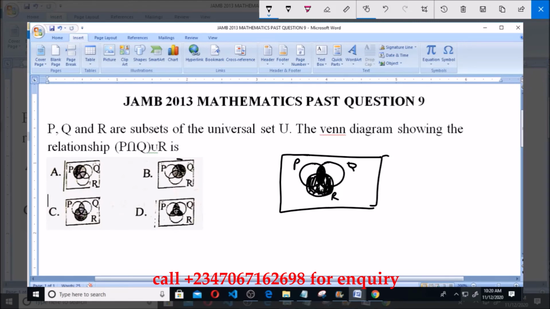So now you can see that the option that agrees with what I just shaded here is option C. Option C is the part that corresponds with this, and so therefore making option C the correct